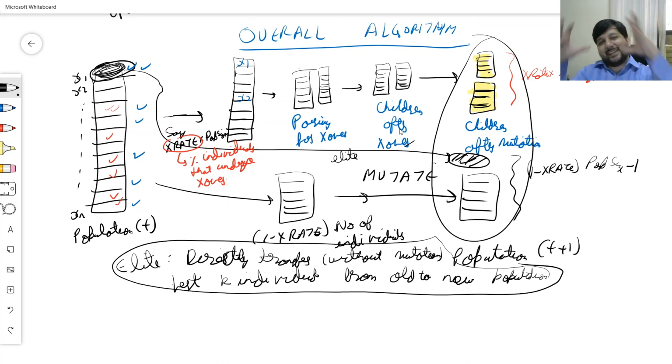You say towards the end I'll generate random individuals in the population pool, that's also okay. You say that some parents and some children will fight, that's also okay. So even though I've given you some specific templates of what the overall algorithm should be, it's entirely upon you. How do you actually do it, and how do you actually solve the overall problem which is given to you? The genetic algorithm doesn't have anything specific. That's your operators, your way of evolution, your way of how you design your own digital world.